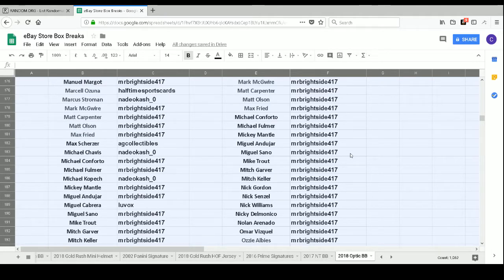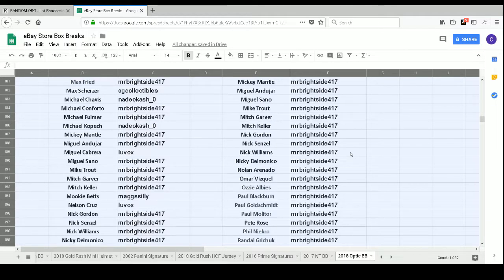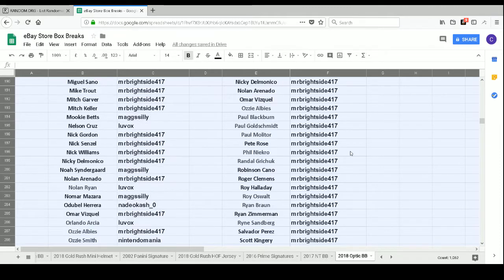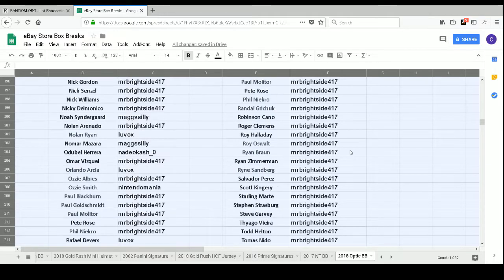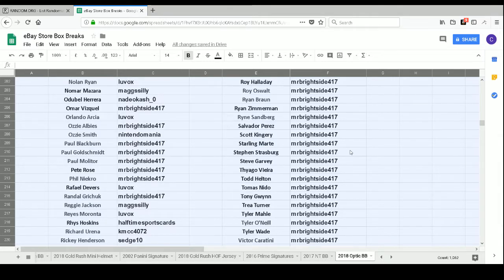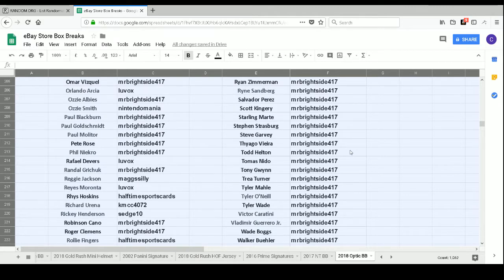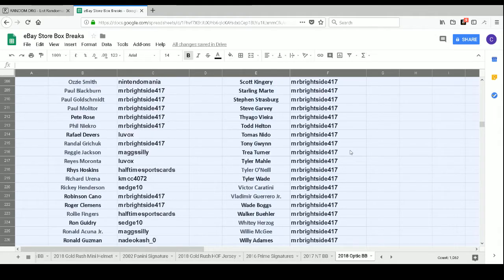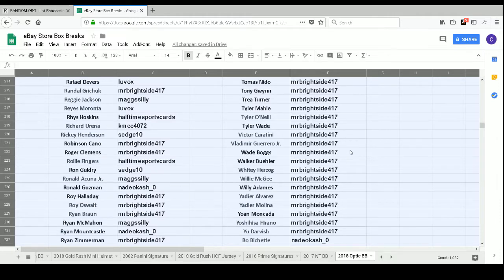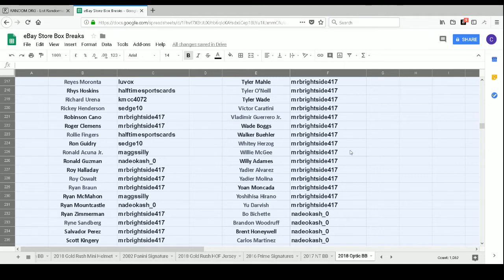Michael Conforto, Michael Fulmer, Mickey Mantle, Miguel Andujar, Miguel Sano, Mike Trout, Mitch Garver, Mitch Keller, Nick Gordon, Nick Senzel, Nick Williams, Nicky Delmonico, Nolan Arenado, Omar Vizquel, Ozzie Albies, Paul Blackburn, Paul Goldschmidt, Paul Molitor, Pete Rose, Phil Necro, Randall Greichuk, Robinson Cano, Roger Clemens, Roy Halladay, Roy Oswalt, Ryan Braun, Ryan Zimmerman, Ryan Sandberg, Salvador Perez, Scott Kingery, Sterling Marte, Steven Strasburg, Steve Garvey, Thiago Vieira, Todd Helton, Tomas Nido, Tony Gwynn, Trey Turner, Tyler Mahale, Tyler O'Neill, Tyler Wade, Victor Caratini, Vladimir Guerrero Jr., Wade Boggs, Walker Bueller, Whitey Herzog, Willie McGee, Willie Adams, Yadier Alvarez, Yadier